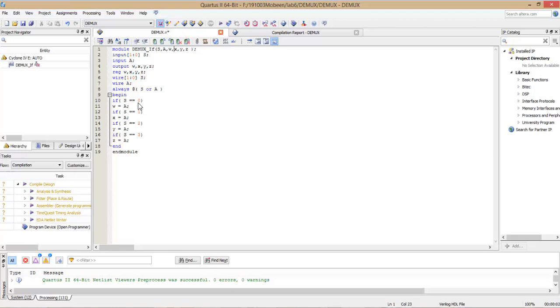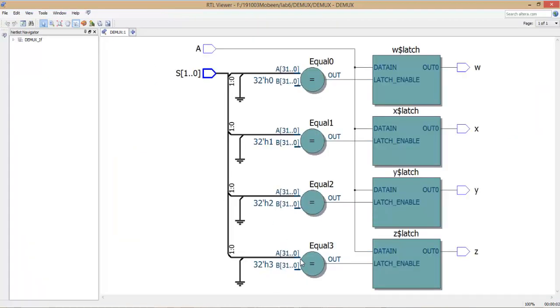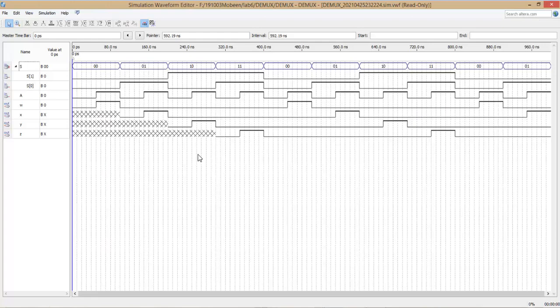So for the first combination, the value of A is at W. For the second combination, the value of A is at X. For the third combination, the value of A is at Y. And for the fourth combination, the value of A is at Z. This is the RTL diagram, and this is the waveform for the if statement implementation of the